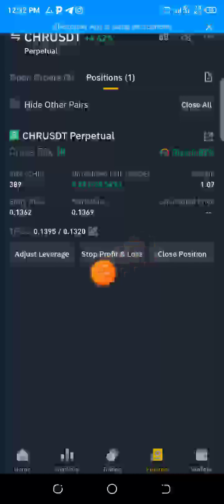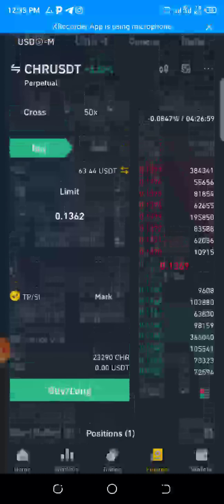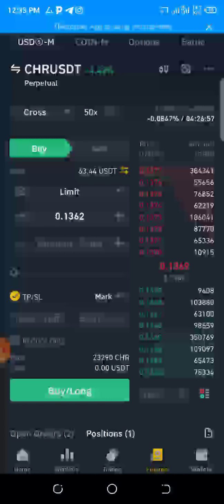So now liquidation. Look at the liquidation price. You can see it's not actually showing because I'm using a very tiny amount. If you check the previous video, when I lost that trade, you see there was a liquidation price of 0 point something. Understand? Look at it, 0.9. Go back and check, you see 0.9 something. Now the current price is 0.1370, right?